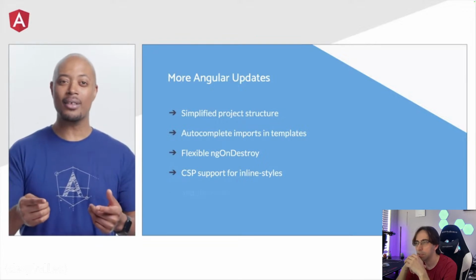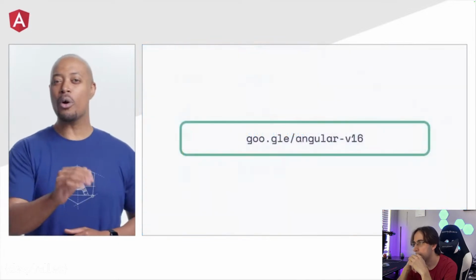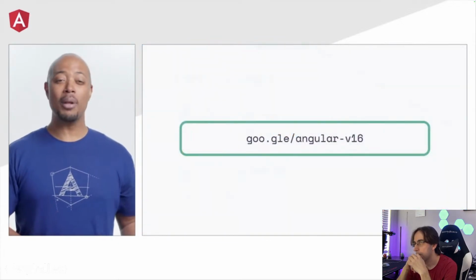And can you believe that there are even more updates in this release? To learn more, check out the official Angular release blog at